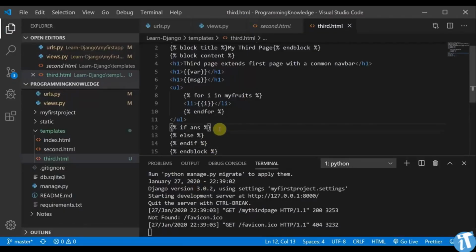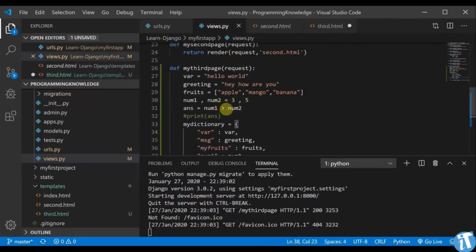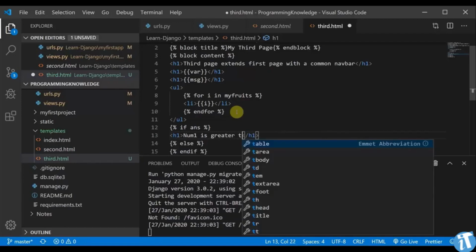If an answer is right, this means what I meant in my views.py file, that if this is true, then num1 is greater. If else it's false, then num2 is greater. Then you will type num1 is greater than,